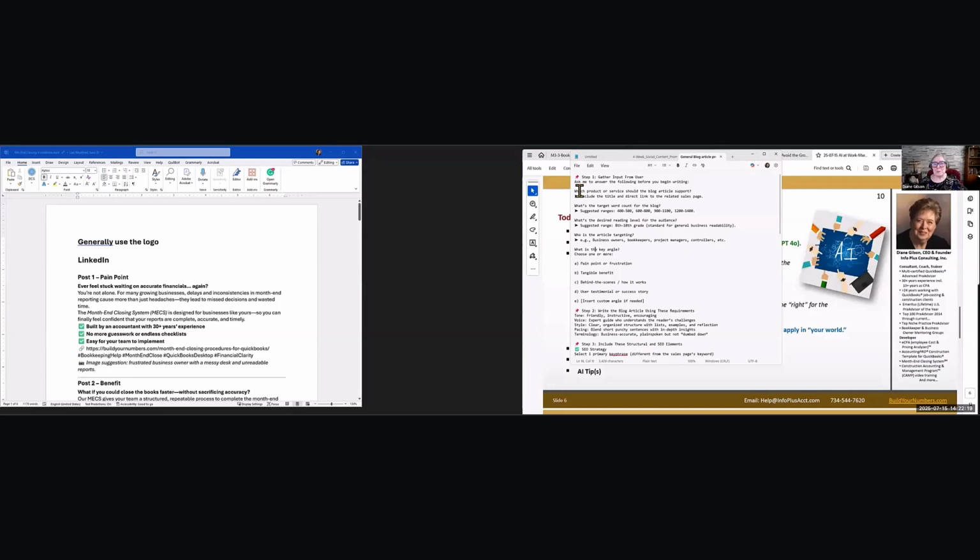And you're going to want to look through this when you're ready to use it. Maybe it will be after the class if you don't have time to get to it today. But you can go ahead and see what is all the information that is put in here. So again, I developed this for ourselves. And it says choose one or more of these concepts of pain point or frustration. So you get a theme going on in this blog article, or maybe it's a tangible benefit,